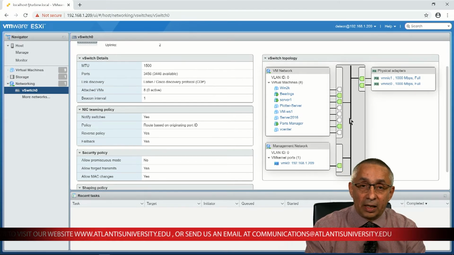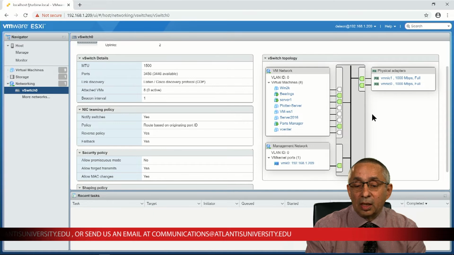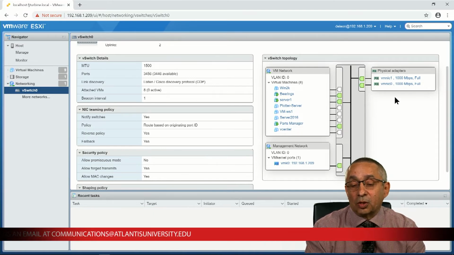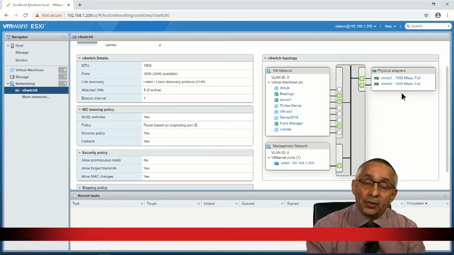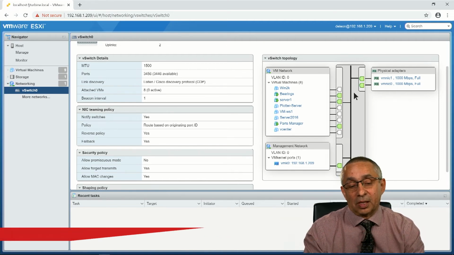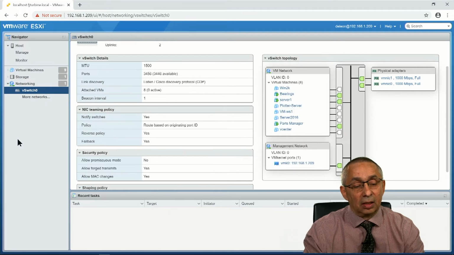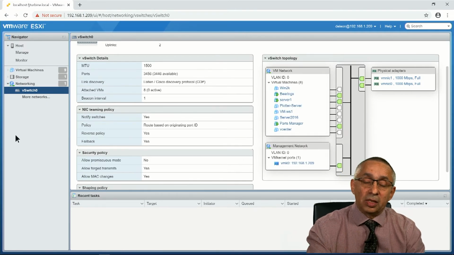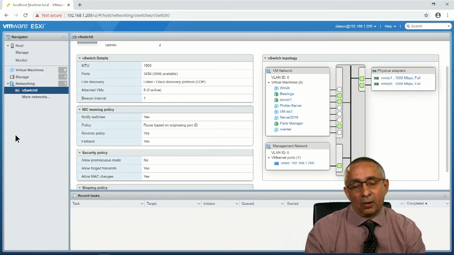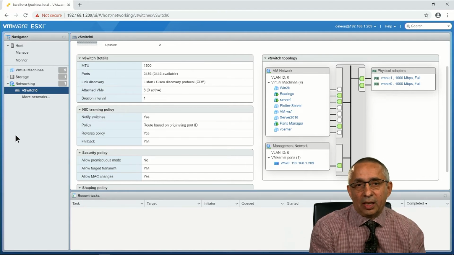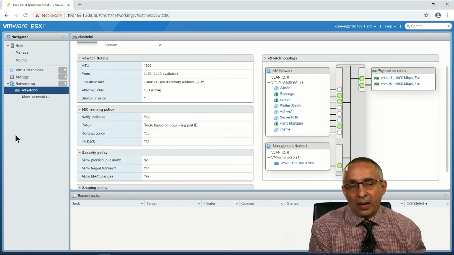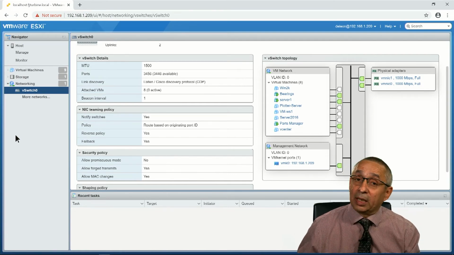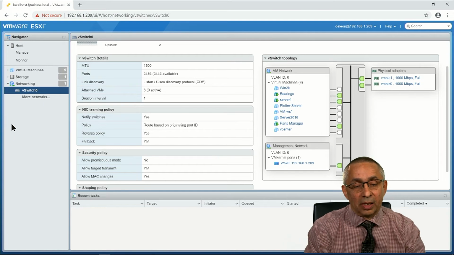In this case, I have 9 computers connected to a virtual switch, and that virtual switch is connected to 2 physical network cards that are connected to a real physical switch that is connected to the internet, for example. This is how many companies are using this technology right now: the combination of VMware ESXi with AWS or Azure, having a virtual network, a private cloud on premises, connected to the public cloud on Azure or AWS.